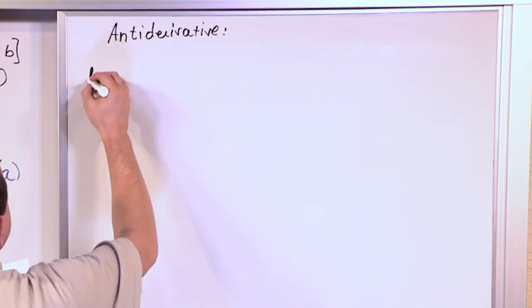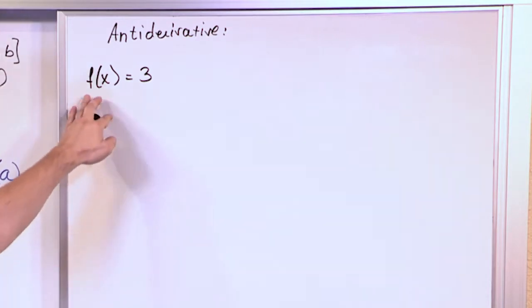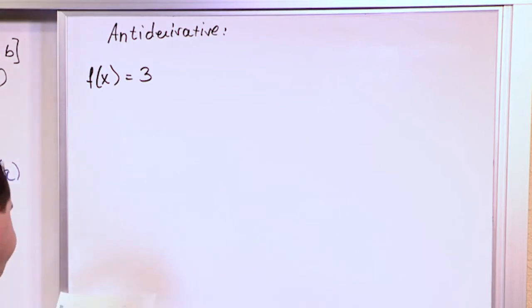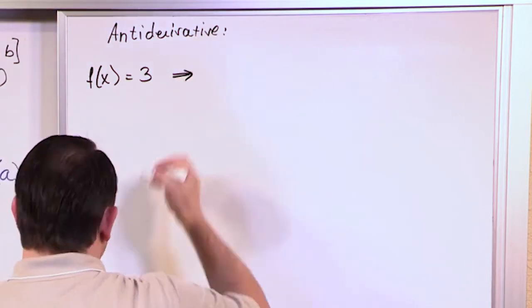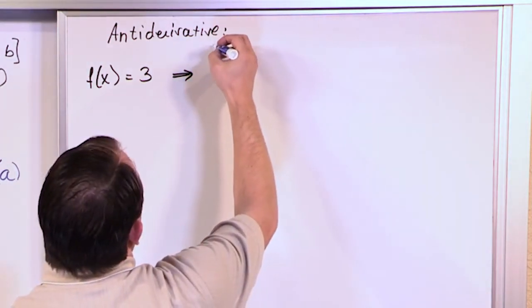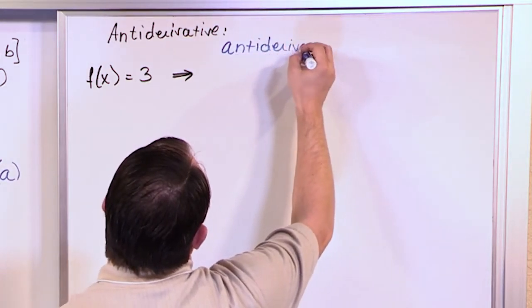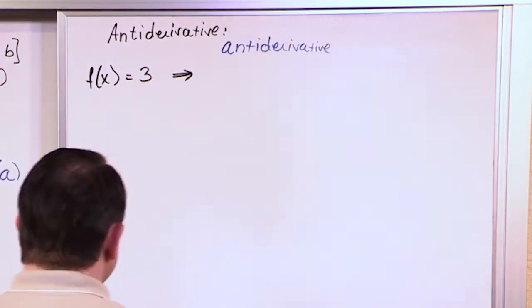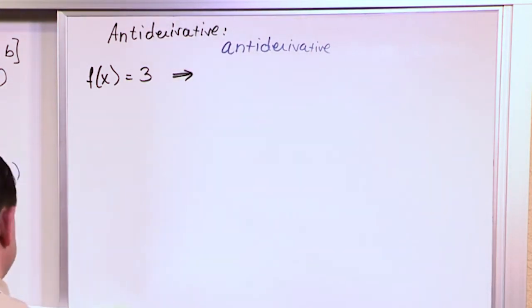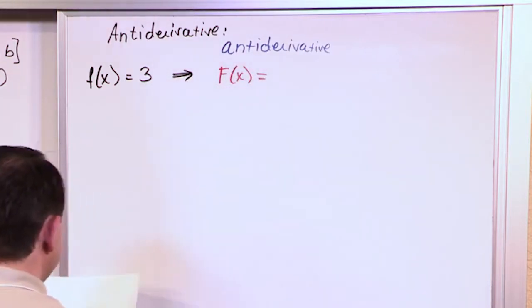So let's say I have a function, f of x is equal to 3. A very simple function. This is a function that's a constant. It's just a flat line for all values of x. Okay? So let me put a little double arrow here, and the antiderivative is going to be over here. Let me just write one of these guys, and then I will teach you what it means. So the antiderivative is going to be called capital F of x, and in this case, it's going to be